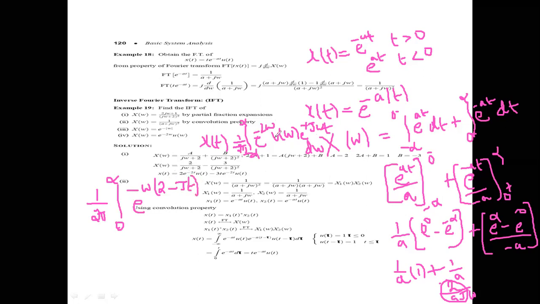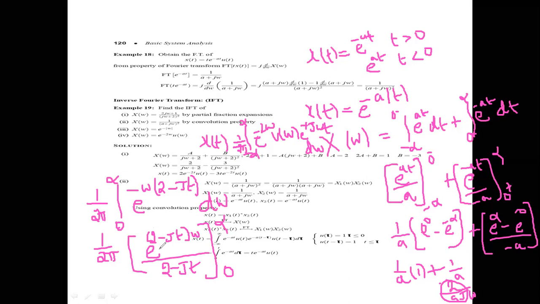So e power minus 2 omega and e power plus j omega t d omega. So 1 by 2 pi, sorry, and e power 2 minus j into t omega by 2 minus j into t. By substituting the upper limit infinity and lower limit 0, e power infinity is 0, and lower limit e power 0 is 1. Finally, we get